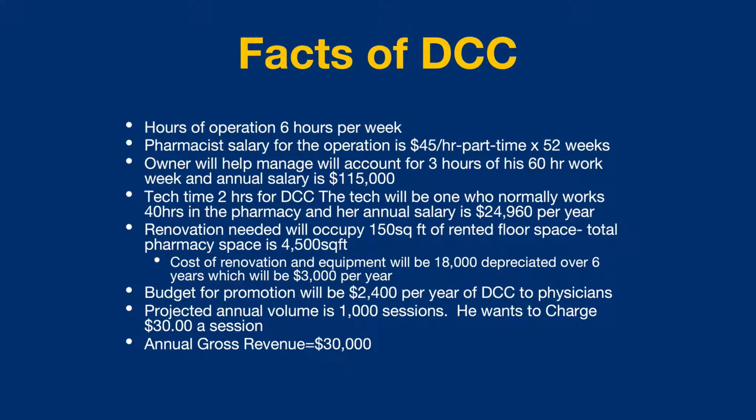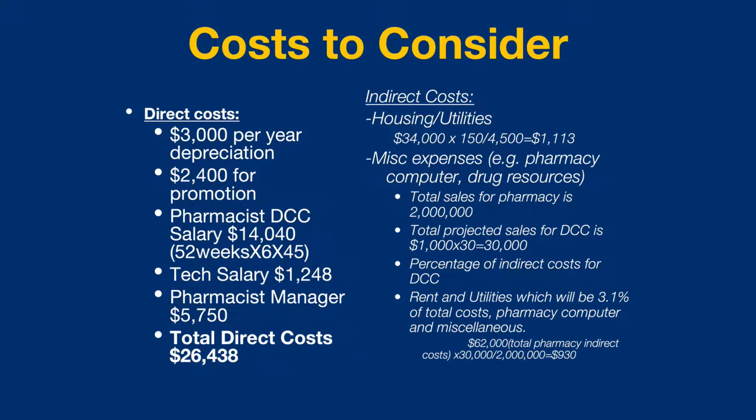So if you take $30 times 1,000, my annual gross revenue is going to be $30,000. So let's see if that $30,000 is going to break even for that first year based on all these costs we brought in. If I divide all those costs into direct costs and indirect costs, I see the following. On the left-hand side, there is the cost of the remodeling, which is depreciated at $3,000 a year, the marketing in that first year, the pharmacist's salary, the tech salary, and the allotted time for the pharmacy manager. And so the total direct cost for that very first year is going to be